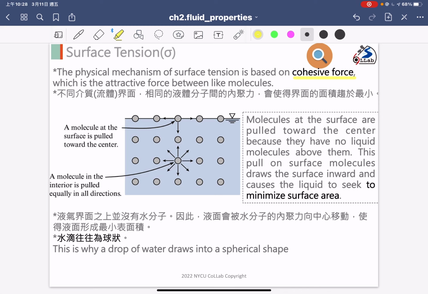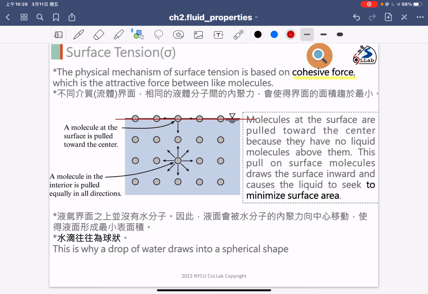As the example showing here, this is the water, and the circles are the water molecules, and above the water surface there is the air, right? So we have a certain boundary here,